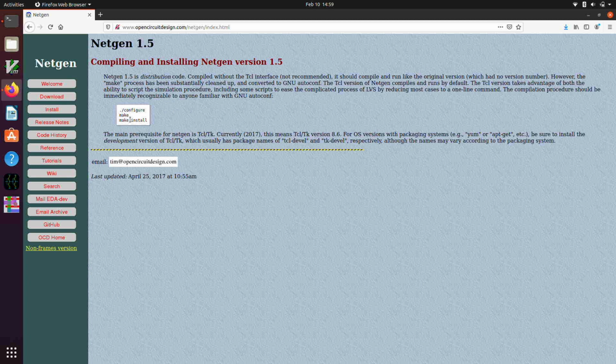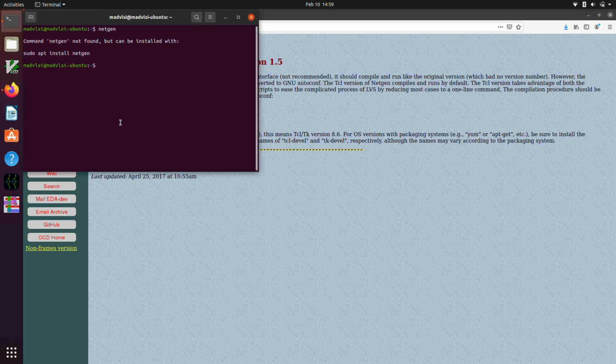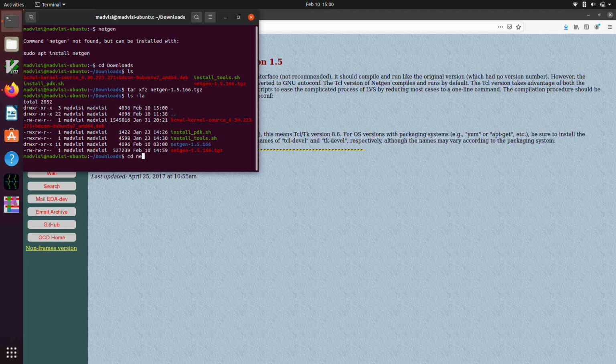It basically amounts to unarchiving it, cding into the directory, typing ./configure, make, and probably sudo make install. So that's all there is to it. So we're going to go through that. Here's my terminal window, cd downloads, and there's netgen 1.5.166.tgz. That's a compressed tar file, and so I can go tar xfz netgen and tab complete, and now I should have a directory. There it is. So cd netgen